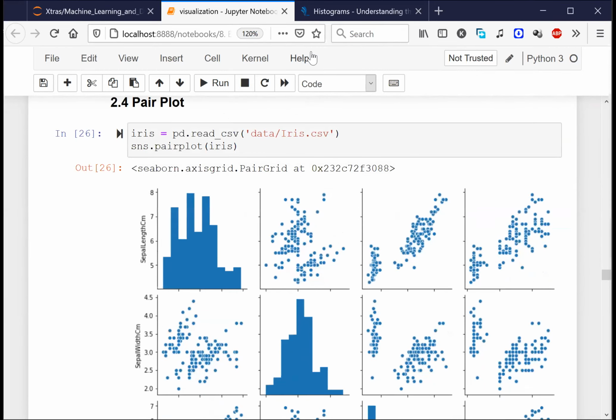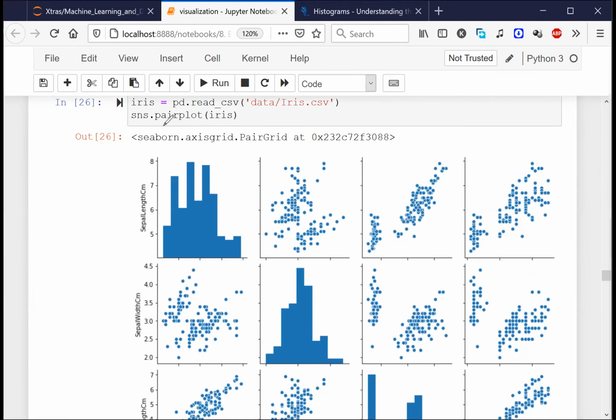In Seaborn, we have a very nice function called pair plot. You just need to say seaborn dot pairplot. Yes, correct. There are going to be 24 different ways, right? So we have this thing, pair plot. What we can do is simply understand how many different plots we have in the data, and what they are. We can do all that using this single pair plot. Is that fine with everyone? Yes or no?